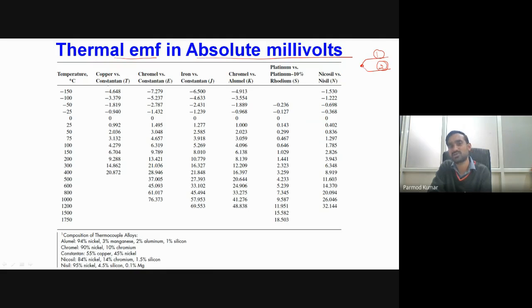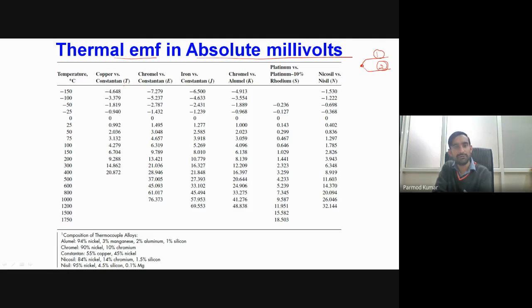For example, copper constantan type thermocouple is known as T type thermocouple. Chromel constantan is known as E type thermocouple. Similarly, we are having J, K, S and N type thermocouples. Okay, so if you search for thermocouples to use in your experimental facility and talk to a vendor, the very first question he will ask you is what type of thermocouple you require, and what is the range of your measurement,